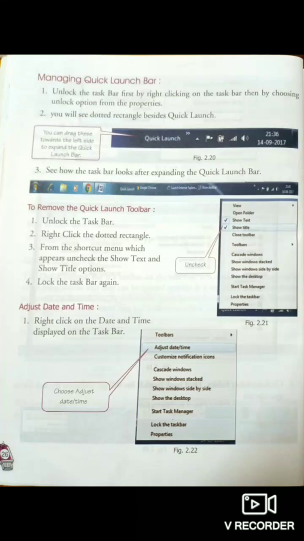Now it has been added already. So we have to know how to remove also the quick launch toolbar. Let's know how to remove it. First of all, you have to unlock the taskbar as